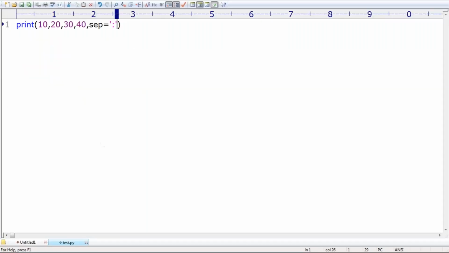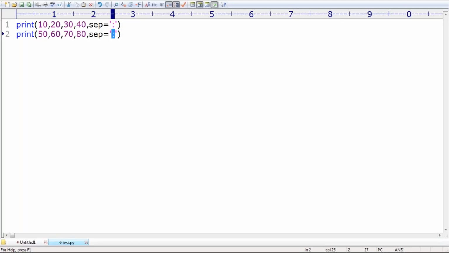Now observe very carefully. I'm taking 50, next 60, next 70, next 80. While printing these, can you please put a colon like this? Assume that. Okay, now what is the otherwise here?